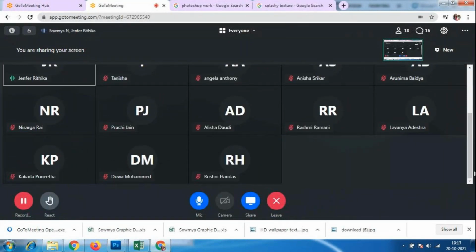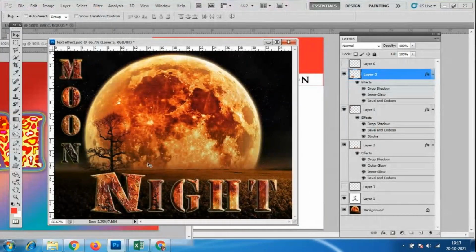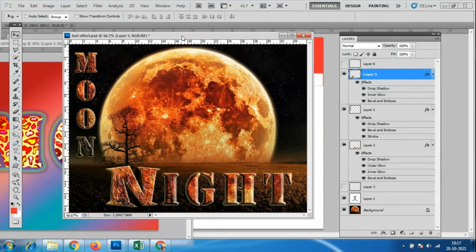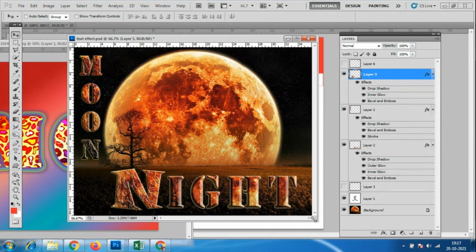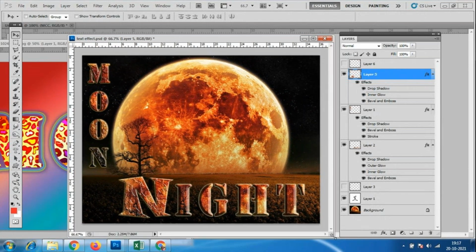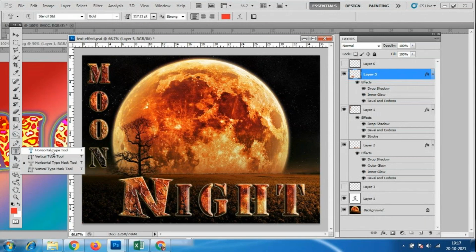I want from you people, for the assignment, this kind of final output. I want the masking from you people. In today's class I have done the text tool: horizontal type tool, vertical type tool, horizontal type mask tool, and vertical type mask tool.